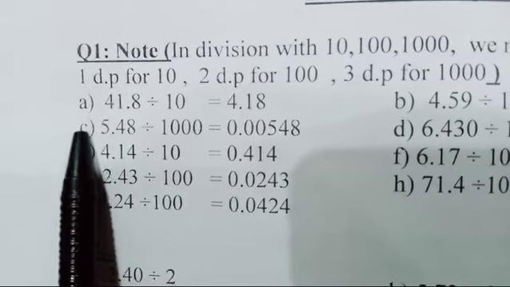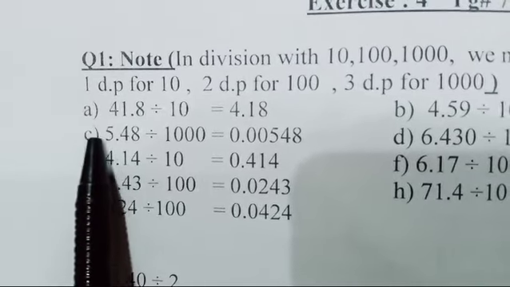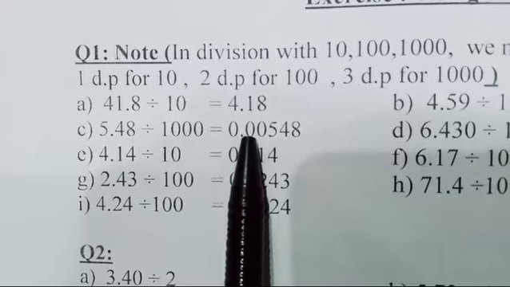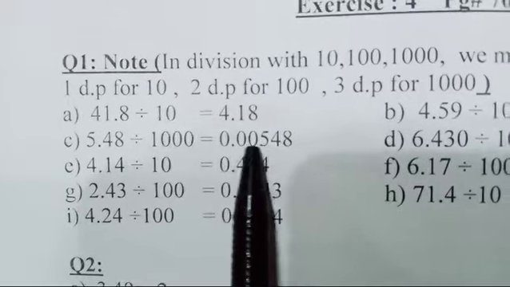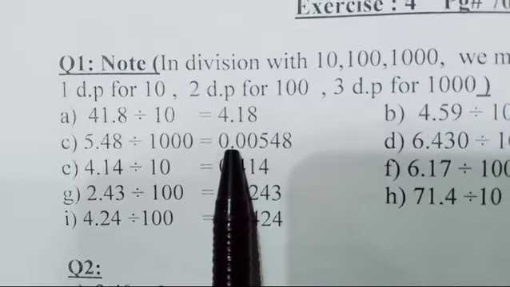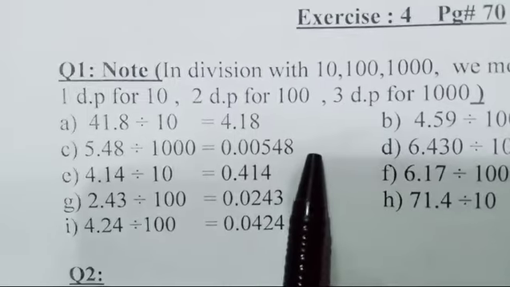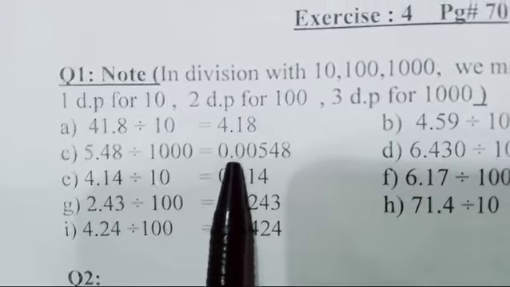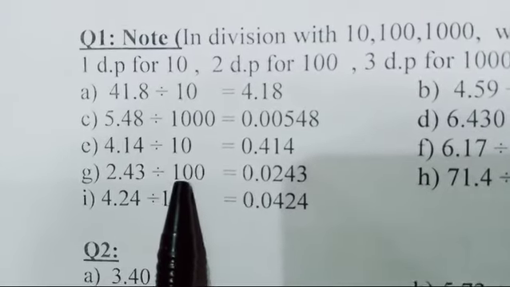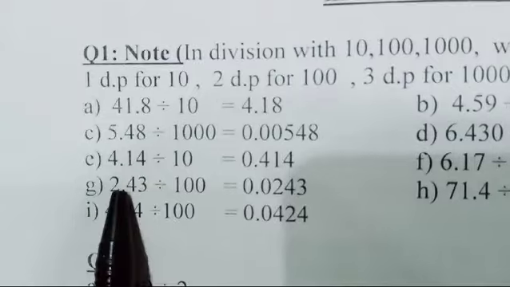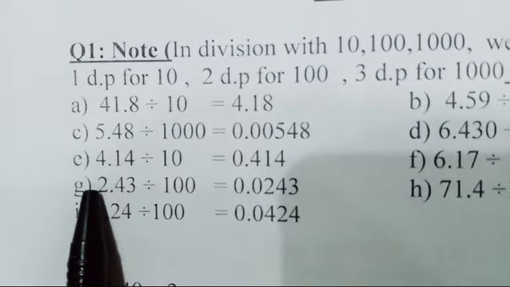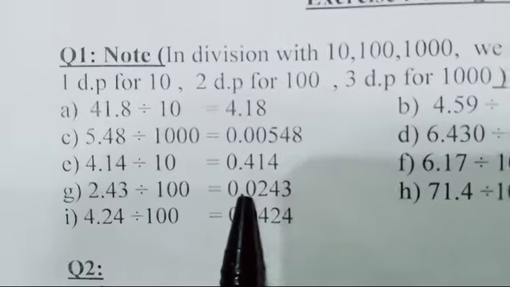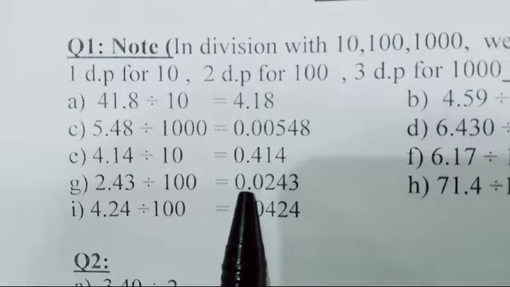Now when it is divided by 1000, we will move the decimal point 3 digits to the left, but there are no 3 digits, so we will add zeros ourselves, 0 0 0, 3 zeros, and then put the decimal point. We can avoid inserting the decimal point at the end, but we have to insert it at the start. Now if it is divided by 100, it will move 2 digits to the left, so we place 0 ourselves to make it 2 digits, and then move the decimal point.